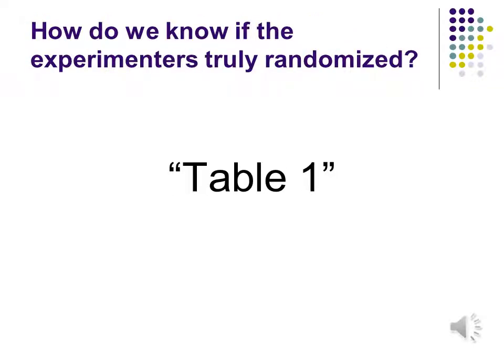And how do we know if the experimenter is truly randomized? It's important for the reader to know if this was done adequately. So how does the experimenter or the authors show you that they truly randomized? And this is done in what is usually a table 1. It's not required that it be labeled table 1. It might be the second table or third table, but usually it's table 1, and I'll show you an example